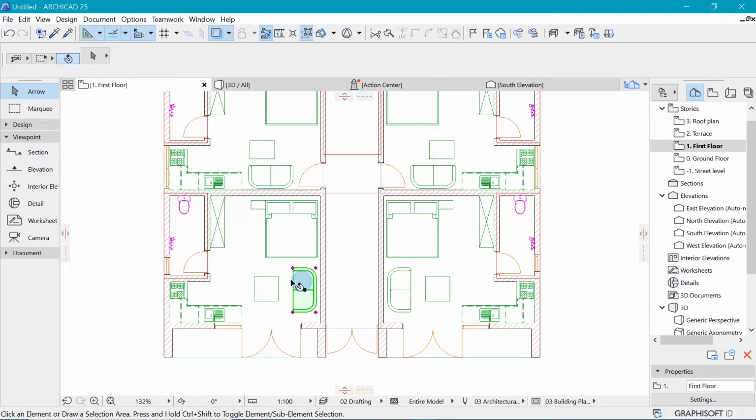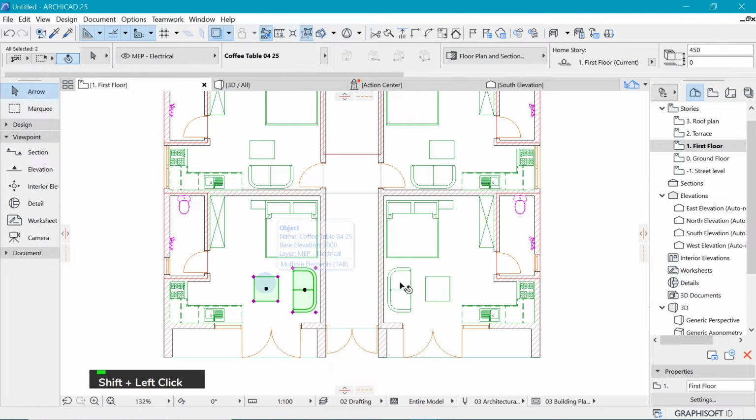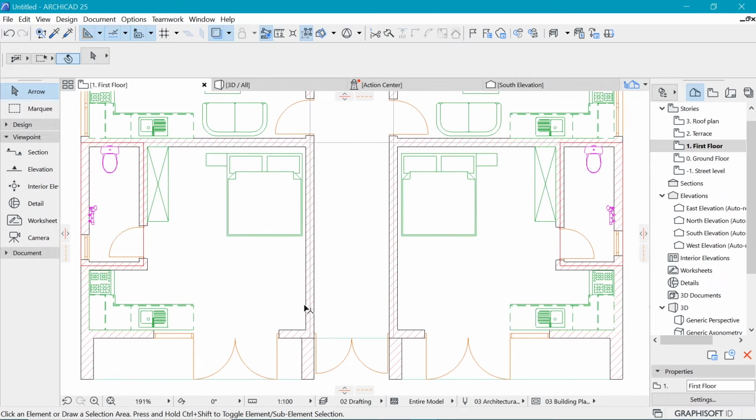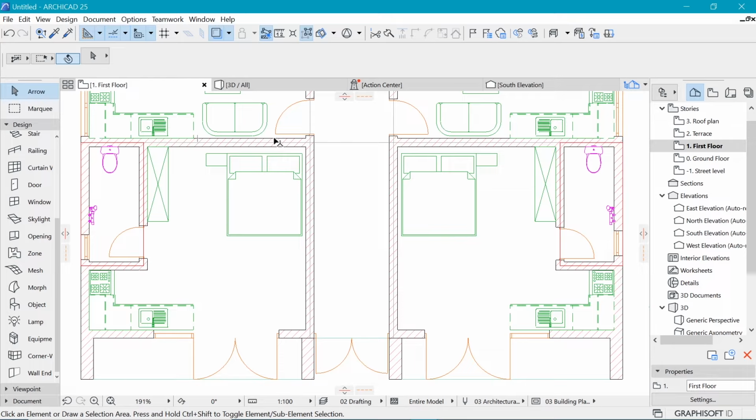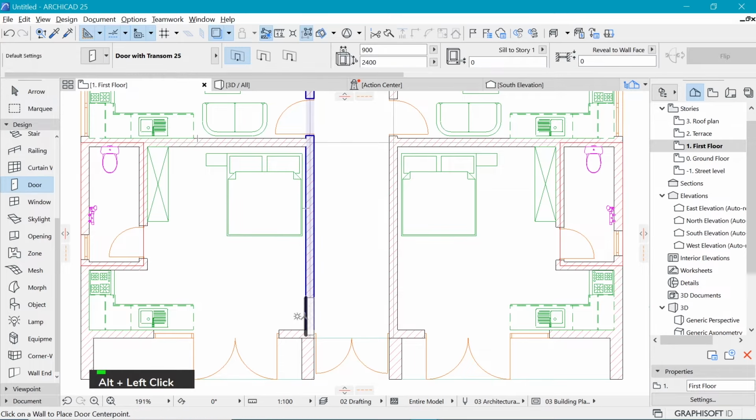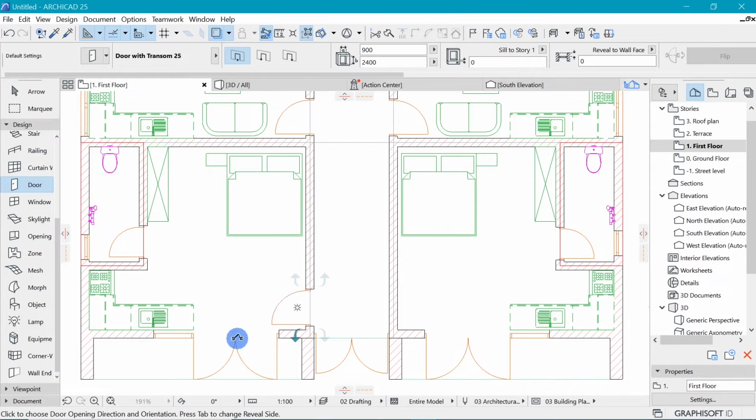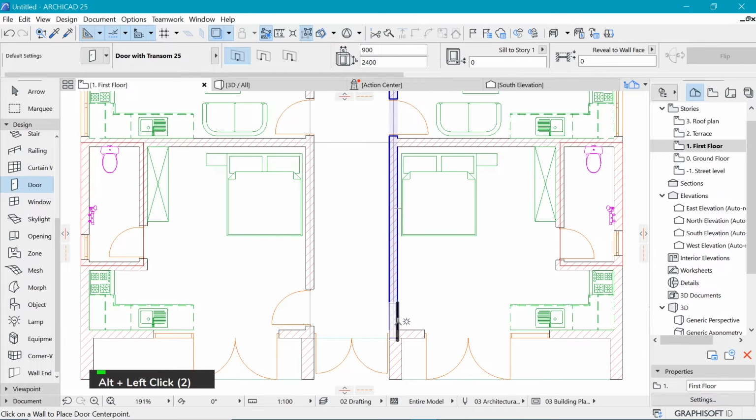And then we need to get rid of this furniture, because we need a way to access these rooms in here. Okay, so we will need a normal door like the ones which are already existing. So we'll pick this door and move it here, and pick this one as well and move it to this other side,